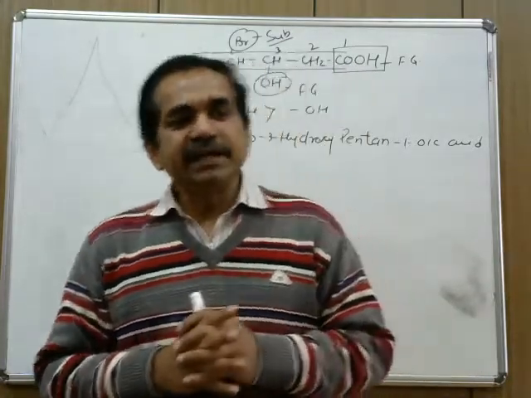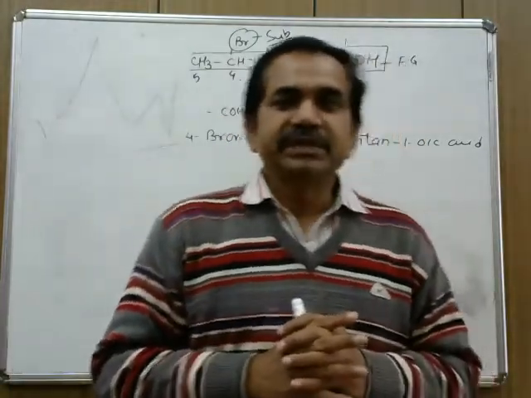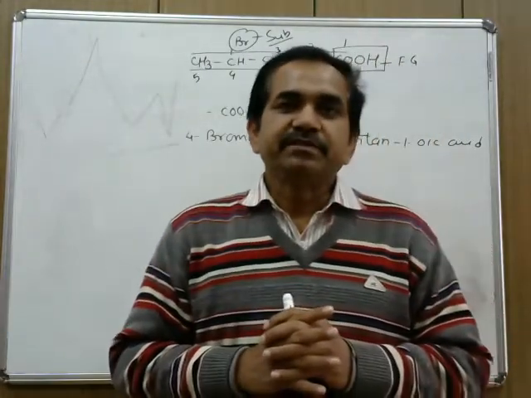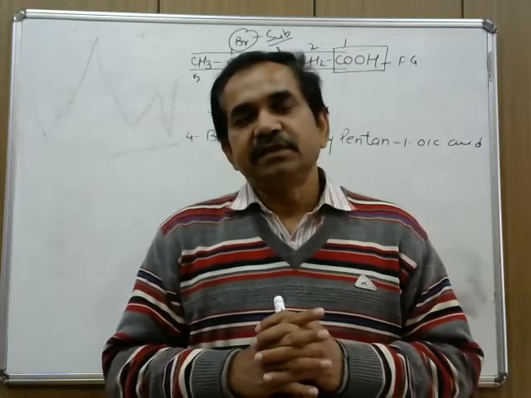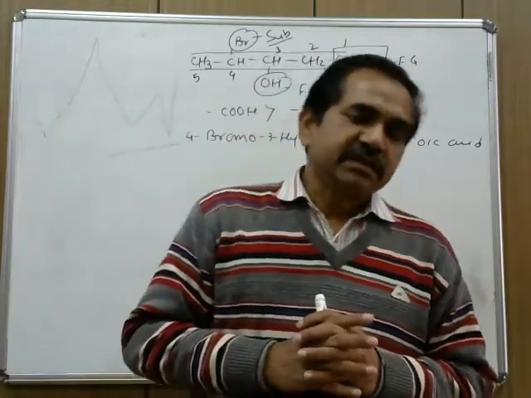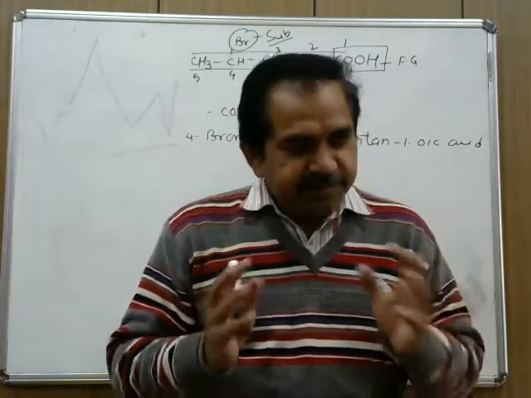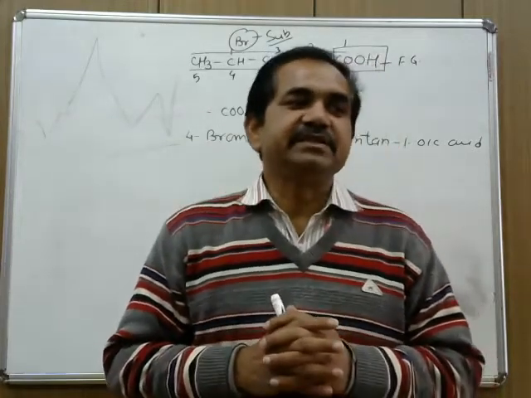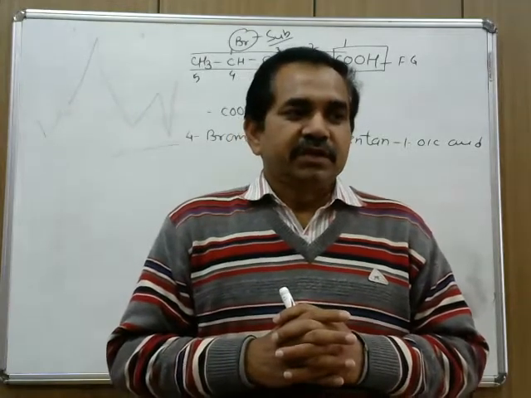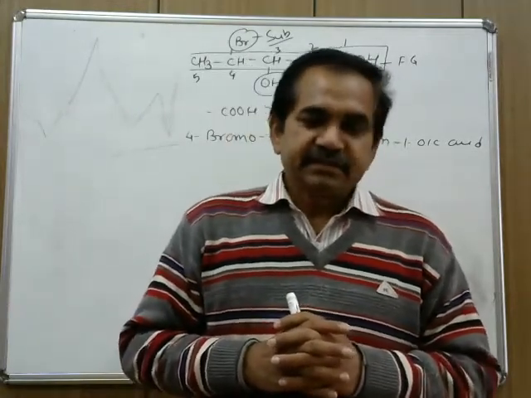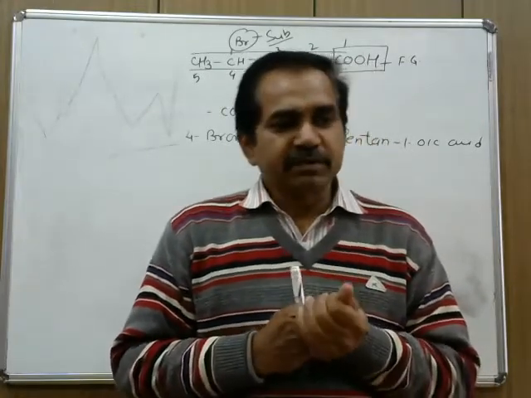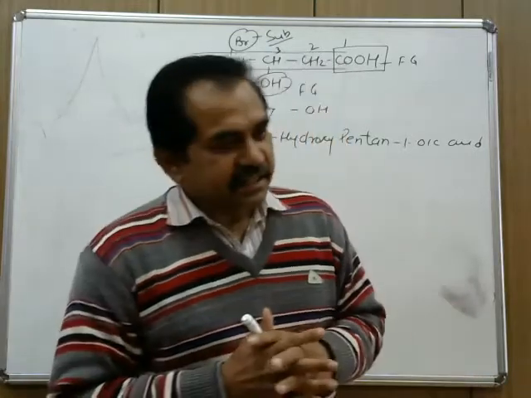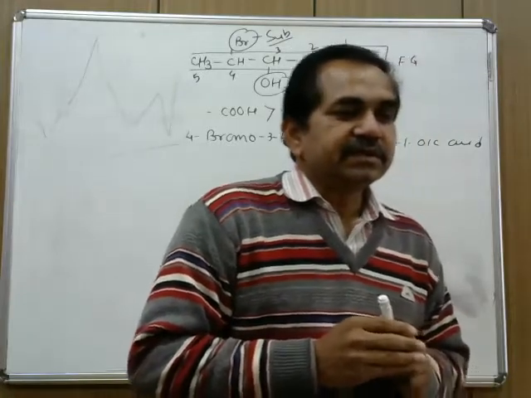If a given organic compound has two or more functional groups in its structure, then in accordance with the seniority table or priority table, we choose the principal functional group. Once the principal functional group is selected, the remaining functional groups are treated as substituents. So I am quite sure that with this discussion, you are able to understand naming of polyfunctional compounds or bifunctional compounds. Now let us take naming of cyclic compounds.